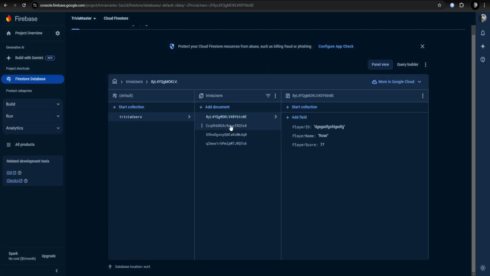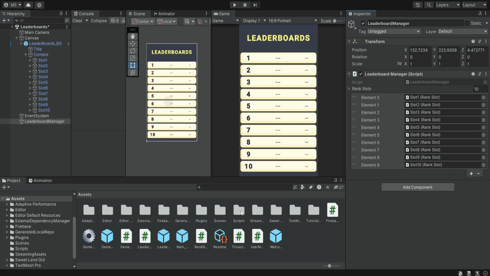So we are not going to create more than 10 users. We are going to just create 4 of them. These are just made up users, and each one has a score. And it doesn't really matter what is the order of the users inside the database, because we're going to sort them when we actually fetch them, and we wrote the code for this. And imagine we had more than 10 users. It will basically take the top 10 users by their scores, and it's going to display them. So for now, we only have 4 users, and let's make sure that everything is set up over here inside